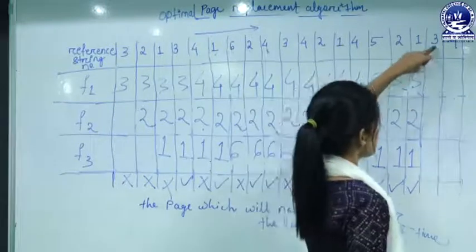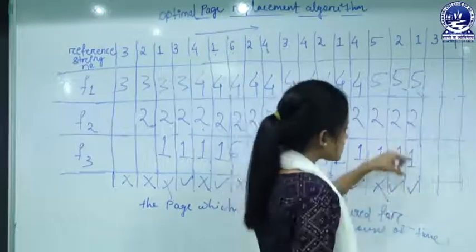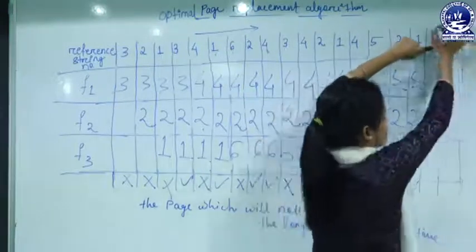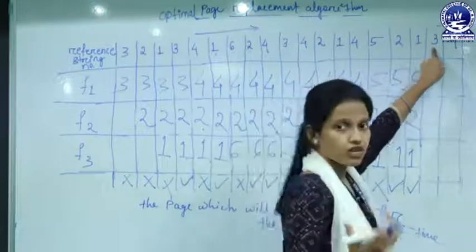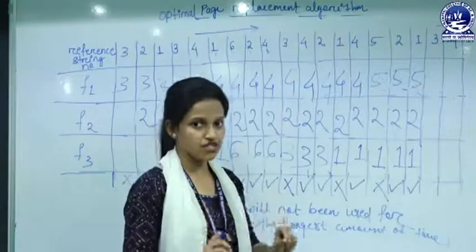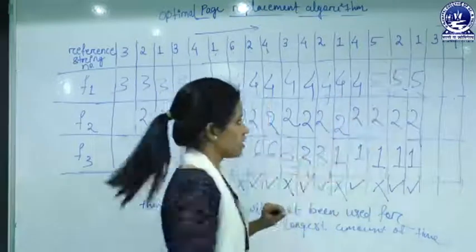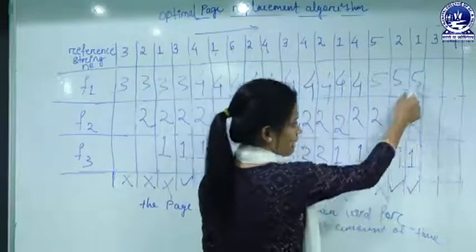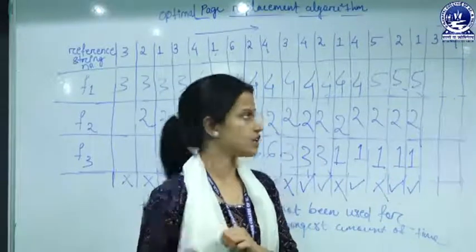Now 3 is not there, 5, 2, 1. Which number will not be used in the near future? From 3 we have to traverse, but there are no pages in the near future. So what will the operating system do? The operating system simply replaces the pages using the FIFO page replacement algorithm if this situation arises. To replace 3 among these 5, 2, 1, we just follow the first in first out page replacement algorithm.